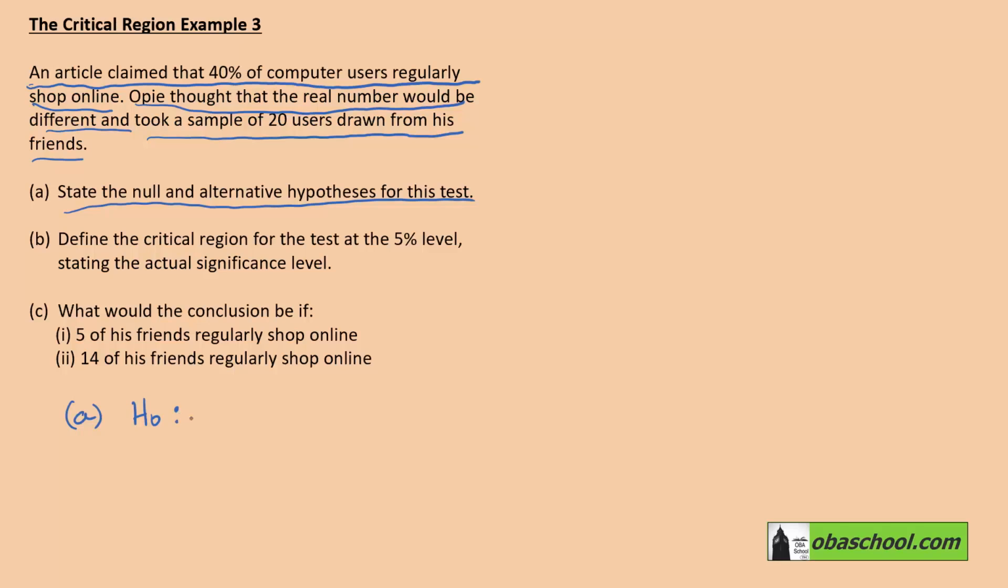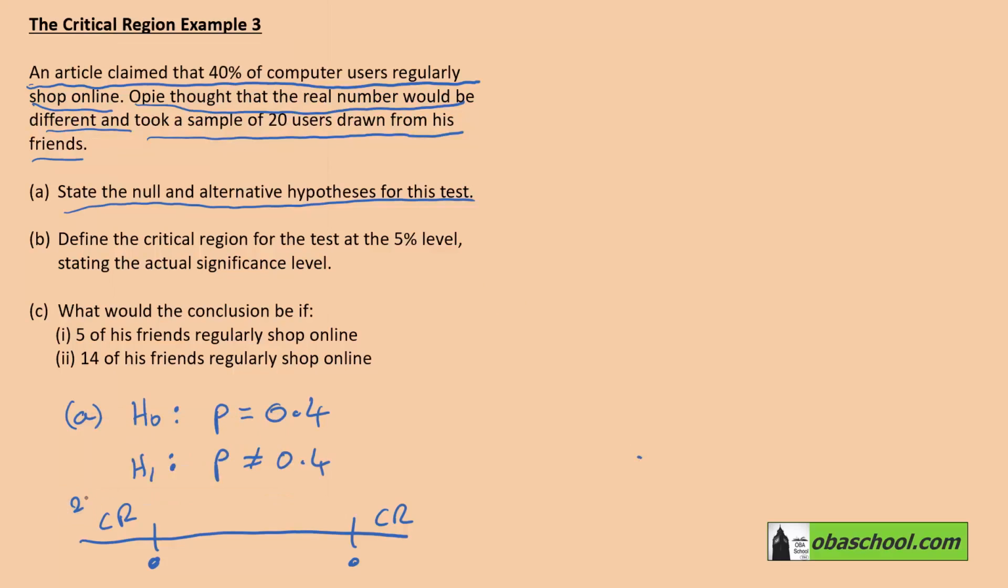The null hypothesis will be that it is indeed 40%. The alternative here is that it's not equal to. Opie doesn't say whether it's going to be greater or less than. He just says different. That's going to lead to a two-tailed test where we have a critical region at either end. The value here and here needs to be such that for a 5% test, we're going to have